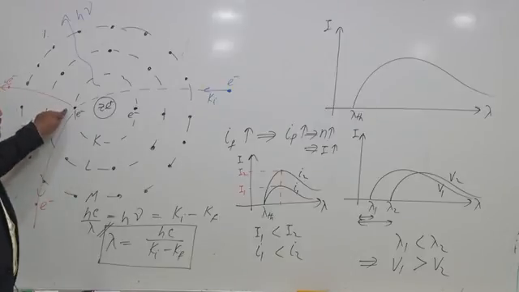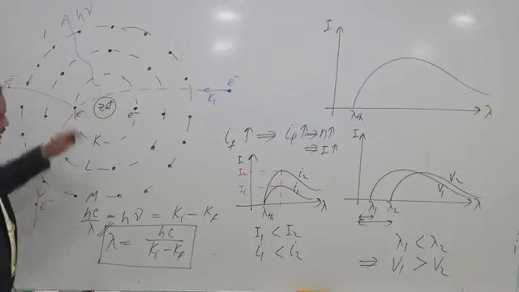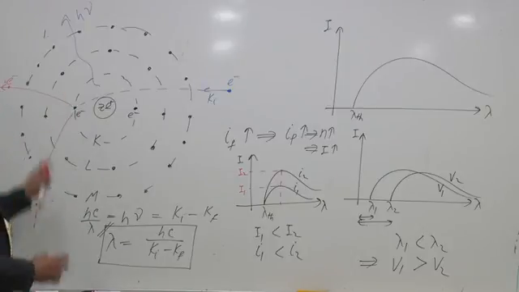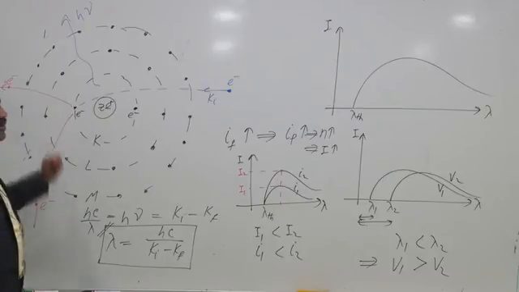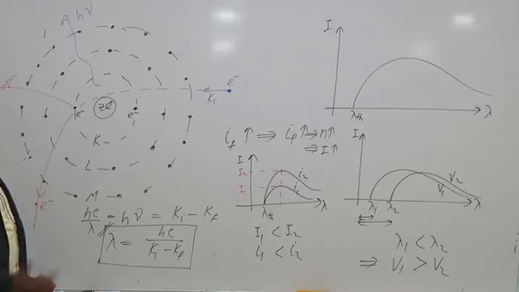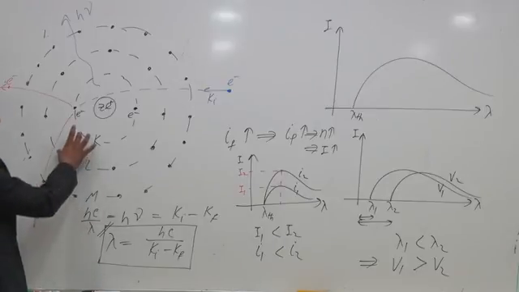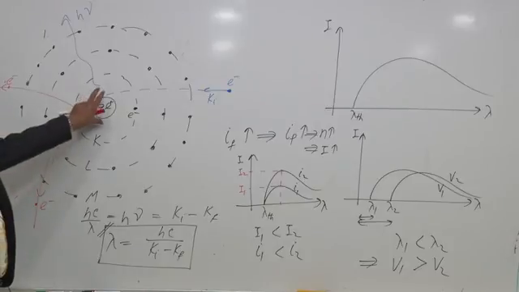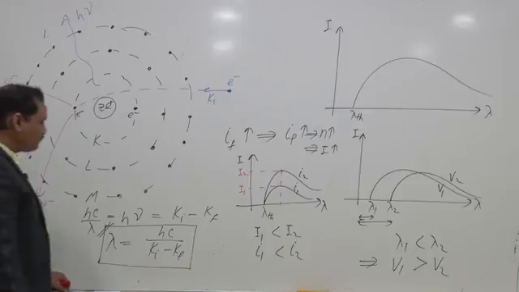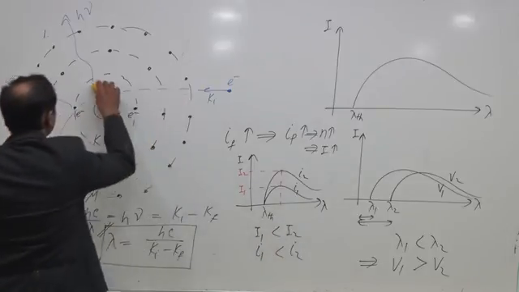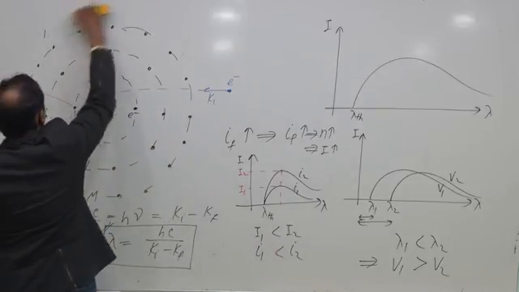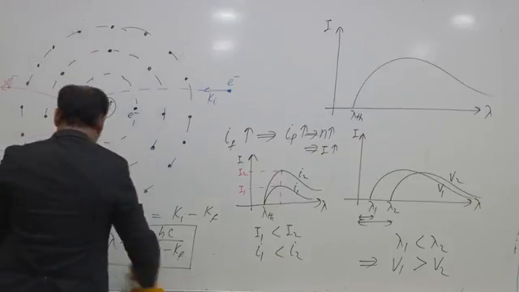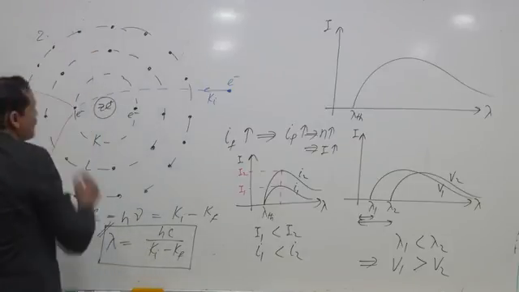Whenever a vacancy is present in the inner orbit, an electron from the outer orbit will jump to fill the vacancy of the inner orbit, emitting a photon having energy equal to the orbital energy gap, and a photon of the same energy will be emitted. That's the idea of the element. So how are characteristic X-rays produced? This is the second case.